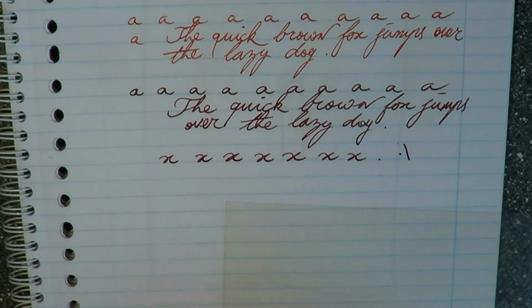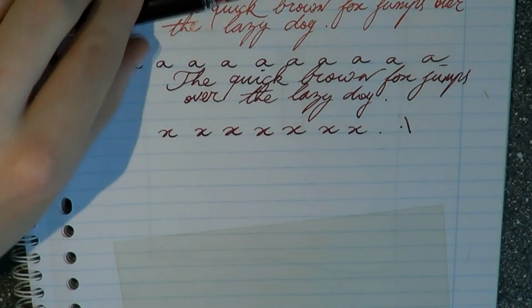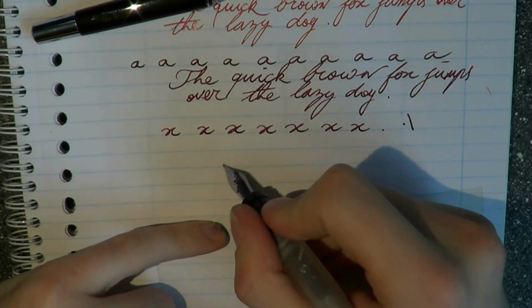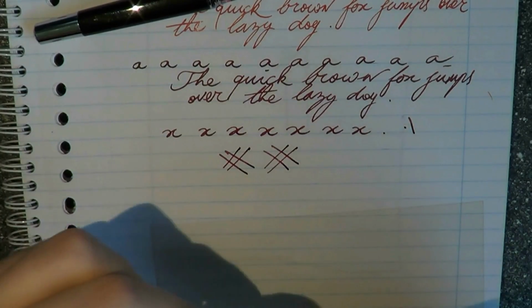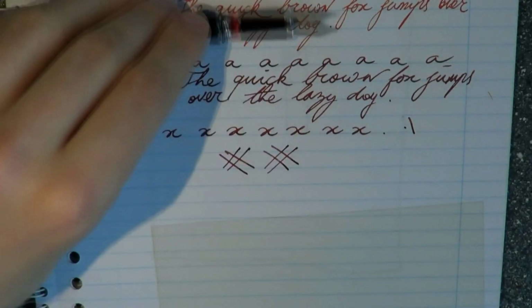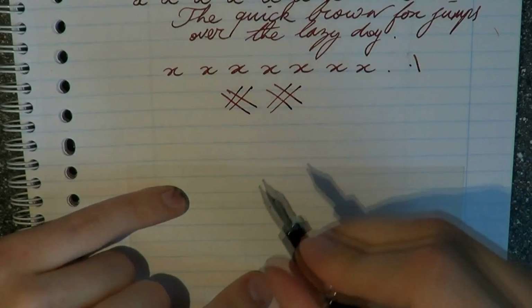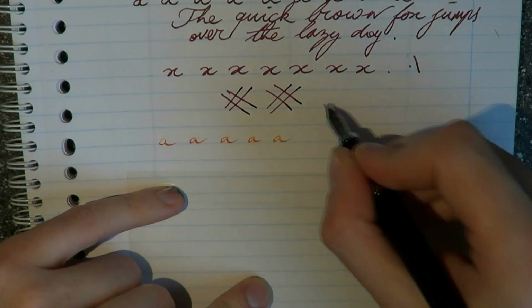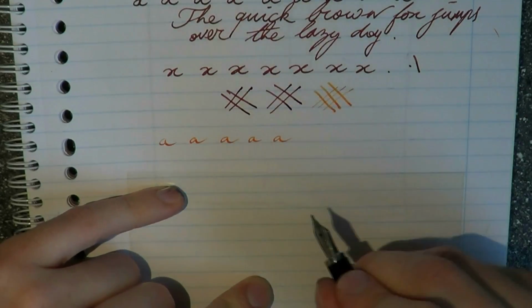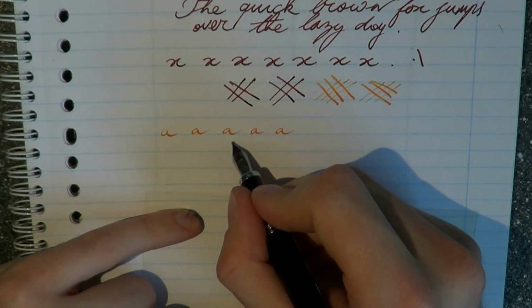Okay, now this is what I wanted to show you. Here I have a 1.1 millimeter italic nib, and with a round fountain pen nib like this, the tip is round, so all these diagonals will have the same diameter because the tip is rounded off. With an italic, it's actually flatter, and many of you who have used fountain pens a lot will know what I'm talking about. But this gives a very natural line variation because it's flat, so these lines are thinner and those lines are broader. Now were you to write with this